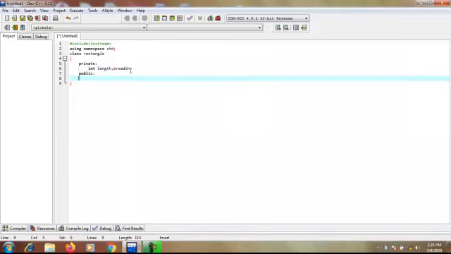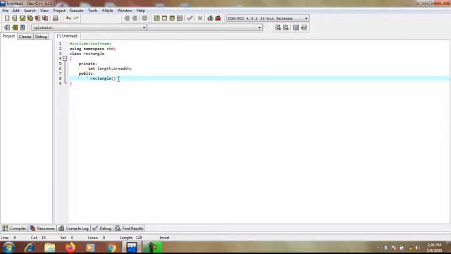So here the name of the constructor is rectangle. Then use the parenthesis and you see that the constructor does not have any return type. So when we declare the name of the constructor, no return type is written.